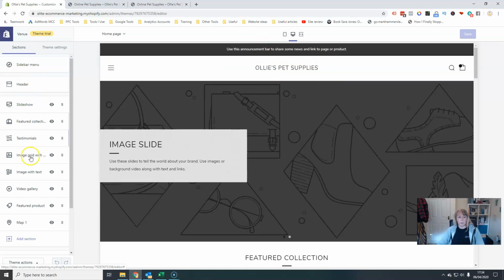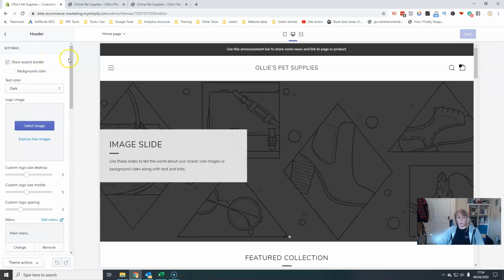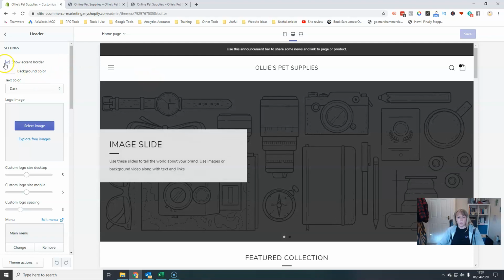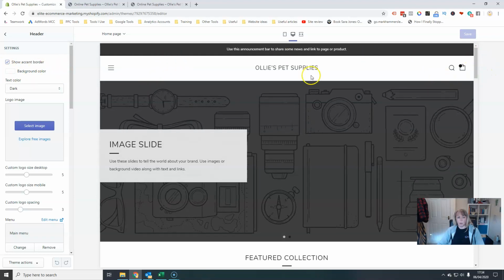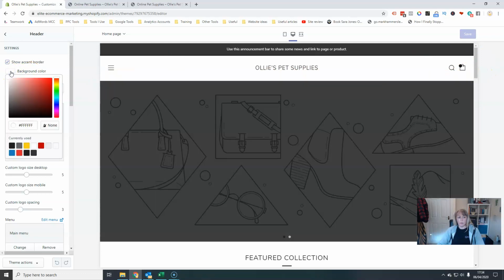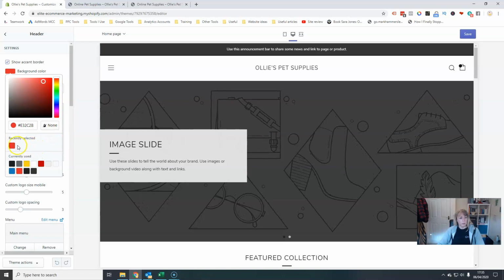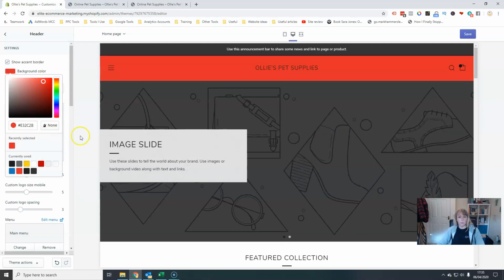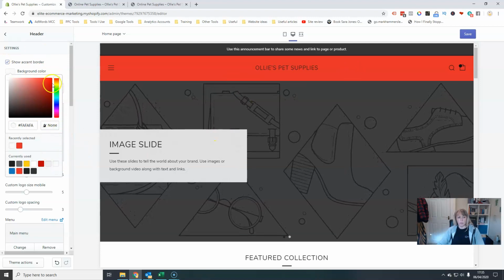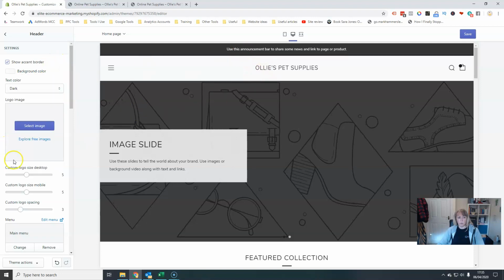Any of these sections that I click on open up another set of options, and allow me to edit any part of the header. So I've got background colour here, which is currently white. If I want, not that I do, a red background colour, there we go. I set the background colour, and there it is, done. So you're able to edit every single aspect of this